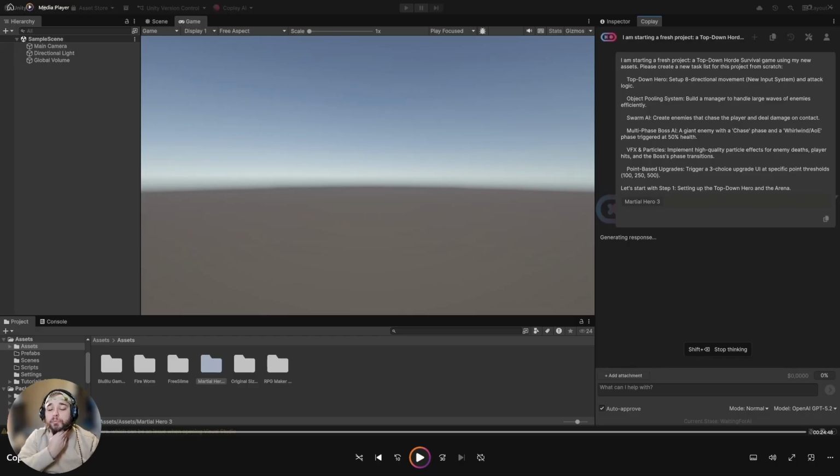Okay, so here you can see where I started with my first prompt. I told it I want to do a top-down horde survival game using assets. I had multiple assets that I added in, such as the main character, the enemies, and the boss. I asked it to first do an 8-directional movement system, so for the player to walk around on a 2D plane. Then using an object pooling system to save on performance,